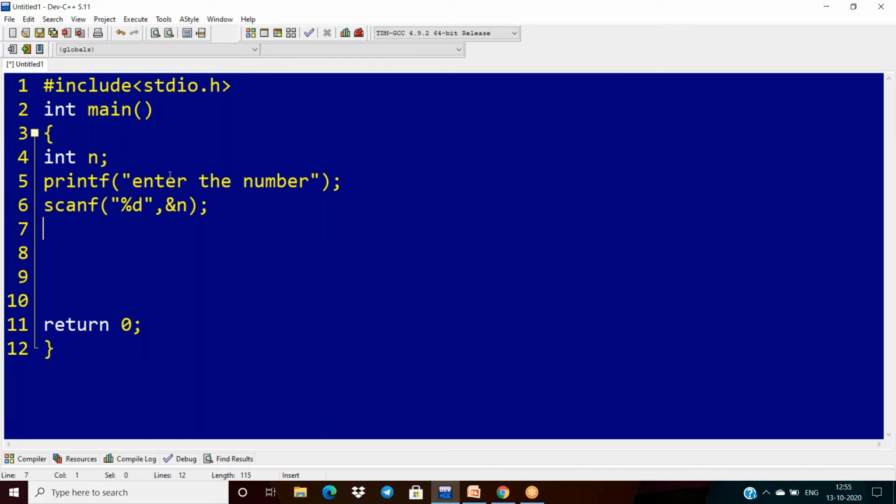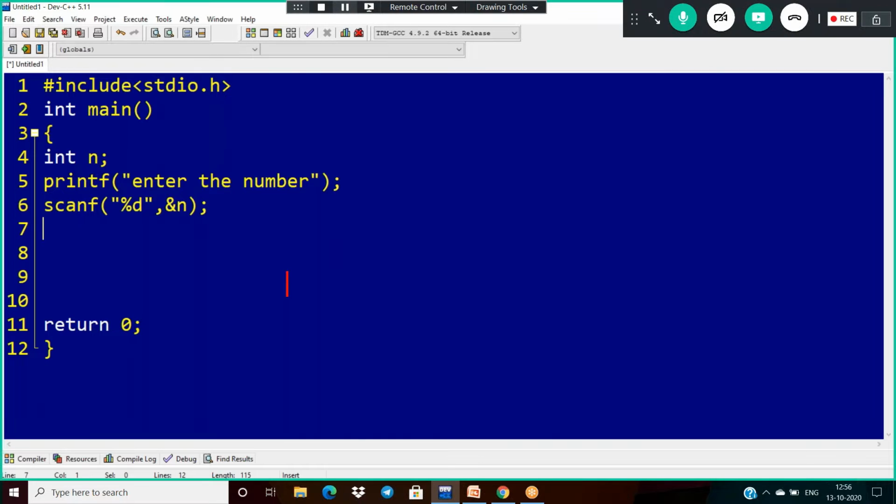Now what is my intention here? I want to find the factorial of a number. Suppose I take a number, 5.